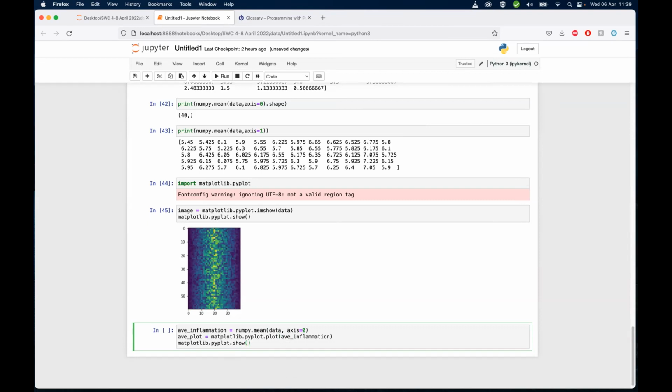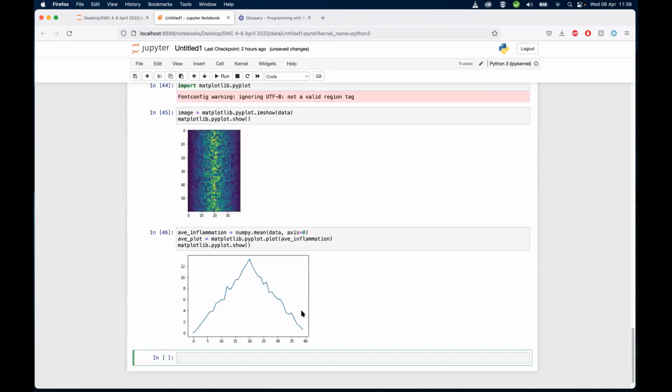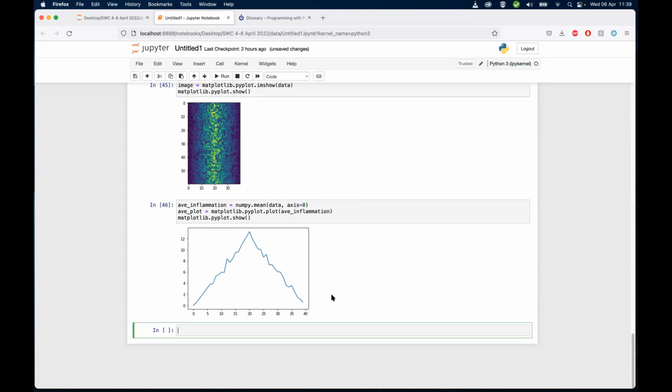Okay, so if you run this, you should see something that looks sort of like a mountain range. This will then show you the average inflammation per day across all patients, which we saved in the average inflammation variable. Then when you use the matplotlib.pyplot function, you create a line graph for those values. So you will see that it's sort of a linear rise and fall over the 40-day period, and this